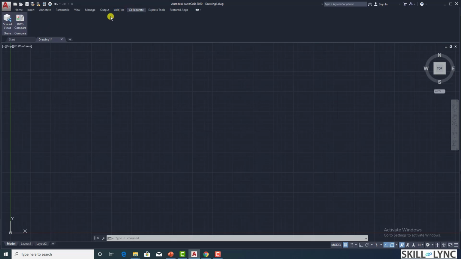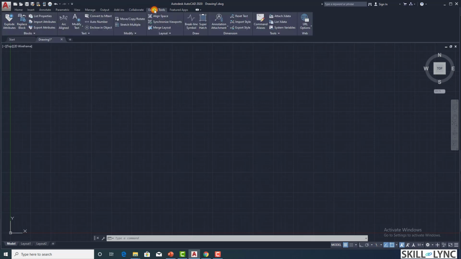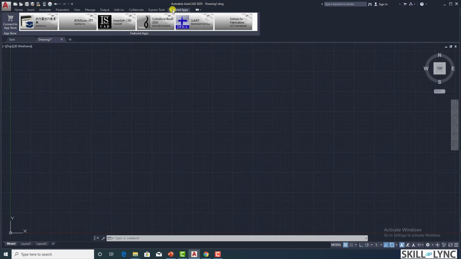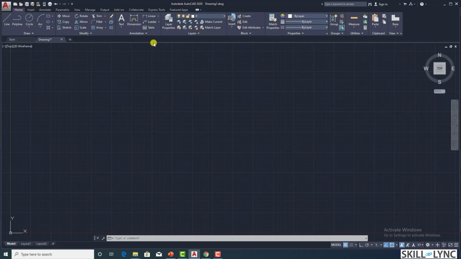So that's how. And finally, collaborate, again, how well we can work with others, with other drawings, and see how it correlates. And then this is an express tool where you can put in the tools that you require to use frequently. So here you have your text commands, modify commands, and so on. And this is internet link tabs that you want to download and use. So this we won't be looking into. So finally, this is what your ribbon is all about.